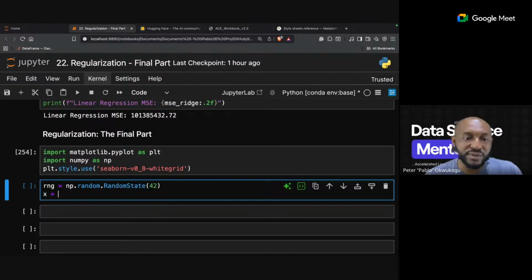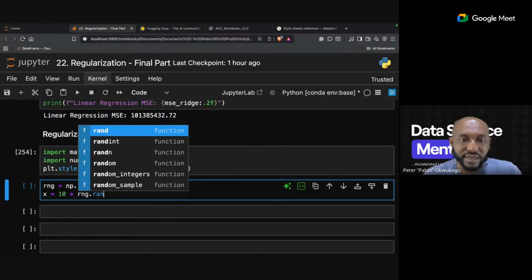Here I'm going to use X, and I'm going to create random data points. As much as I can, when I'm creating these random data points, I'll ensure that it's random, but at the same time it has like a normal distribution in a way. So here I'll say 10 times RNG, which is this guy that we can use to generate numbers, and I'll have rand.